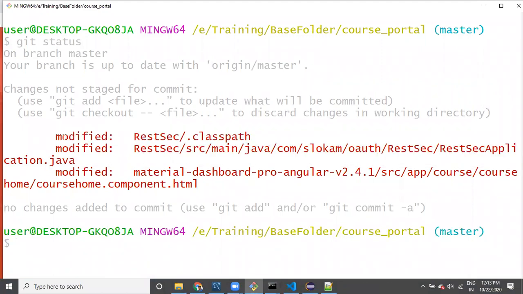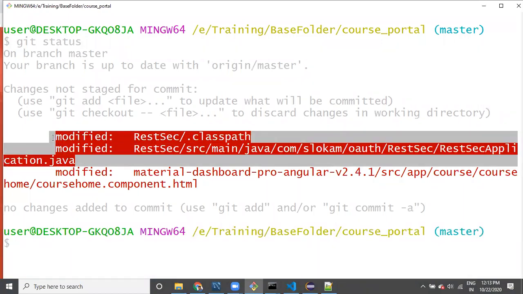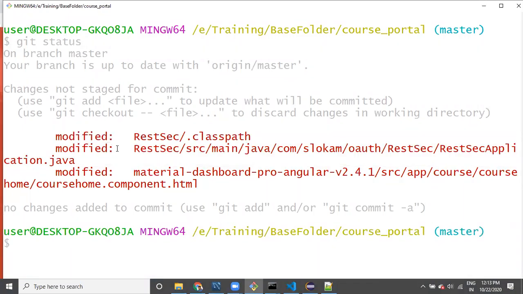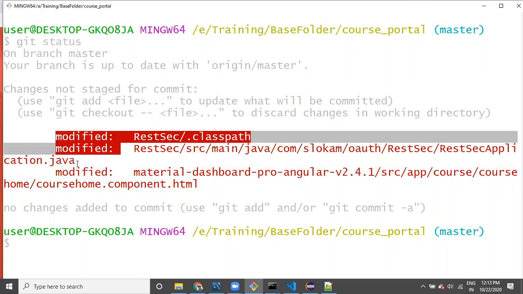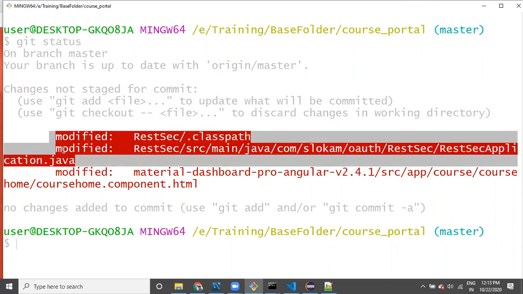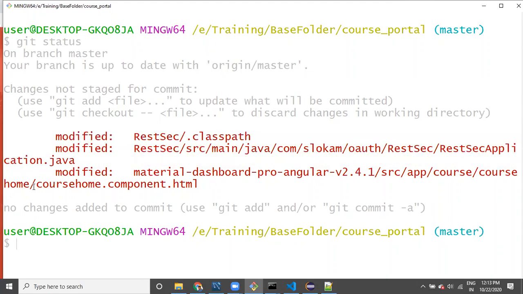Whatever changes we have done, you see here guys, modified. These two are not important for this requirement. This file is important.